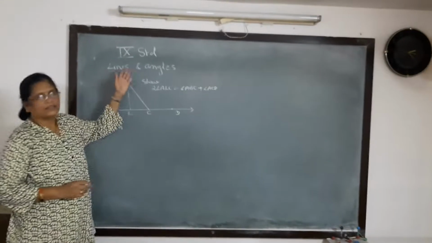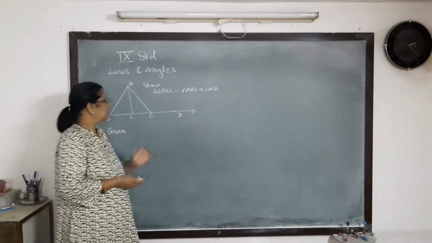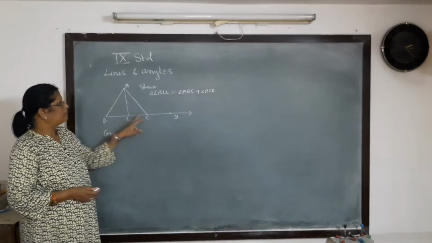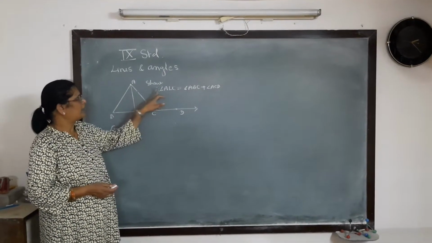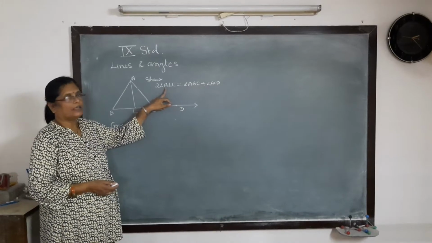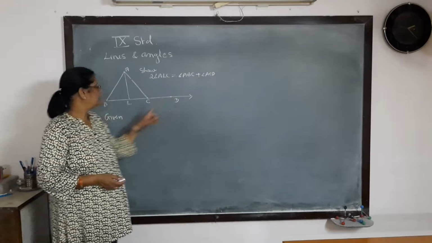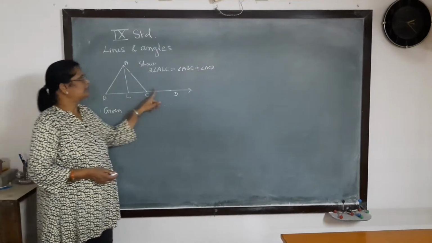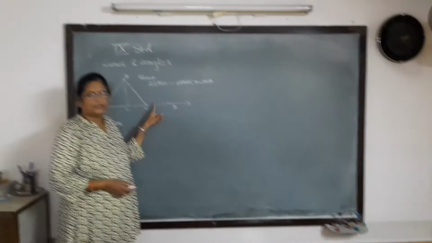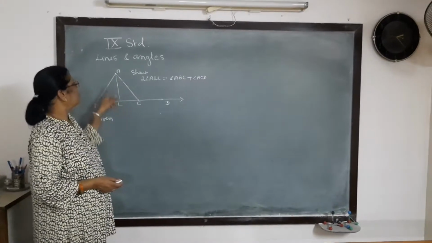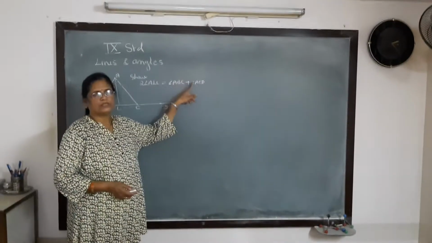See, this is a 9th standard arts challenging question based on the lesson lines and angle. The question is that in triangle ABC, you are given that AL bisects angle BAC and you have to justify twice angle ALC. Twice angle ALC is equal to ABC plus ACD. This is angle ABC and ACD is the exterior angle. We have to prove twice ALC is equal to ABC plus ACD.